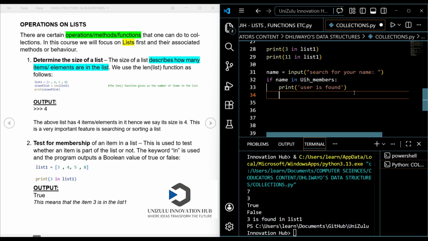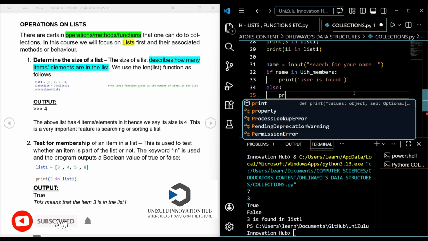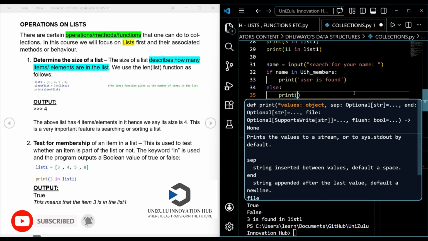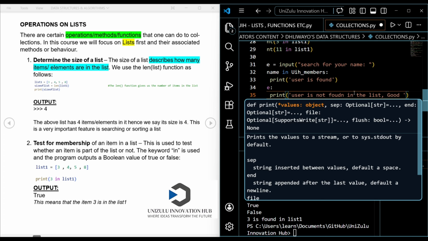But if it's not found, I say else, you're going to print user is not found in the list. Goodbye.